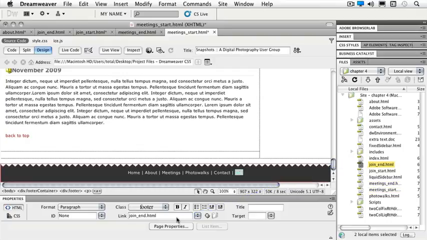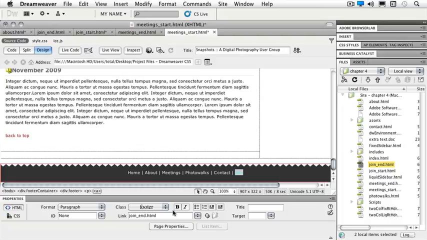Now that I've pointed to that particular file, that is now a link. The great thing about using your target and pointing to that particular file is the ability to have Dreamweaver understand the path to that particular link. If we were up a folder, instead of it being in the same root directory, there would be a .. telling me that I'm up and out of this particular folder into another folder. Because I pointed instead of just typing, I know that I'm getting the correct pathing because Dreamweaver is doing the